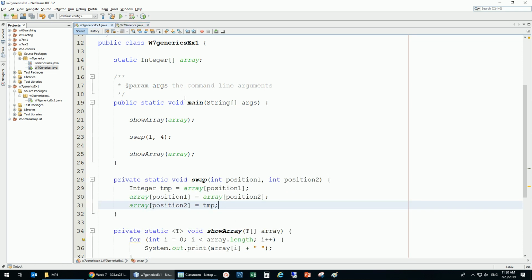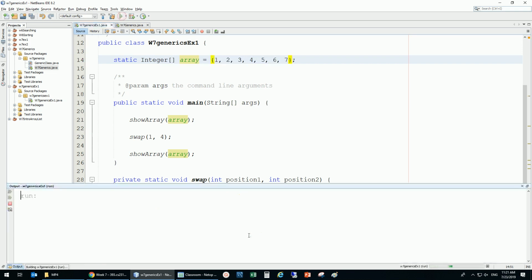So now if I run this thing, of course, there's nothing in the array. Let me just put something in the array: 1, 2, 3, 4, 5, 6, 7. That will be enough. So if I run this thing, I am swapping position 1 with position 4. So this is 0, 1, 2, 3, 4. That means this one is going to be swapped with this one, which is actually what is happening